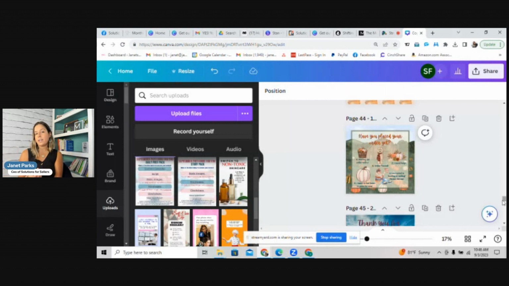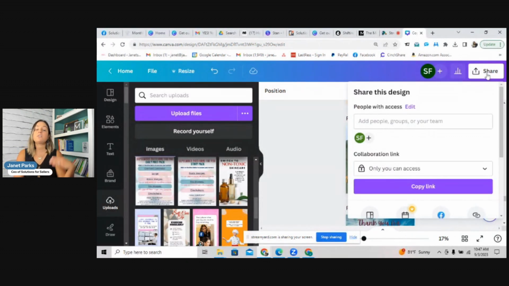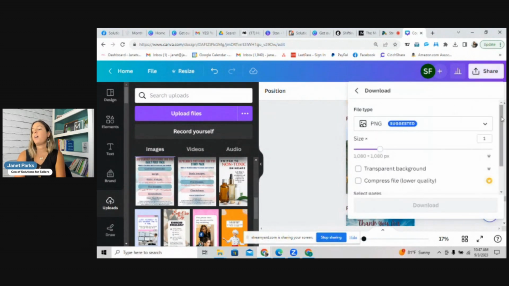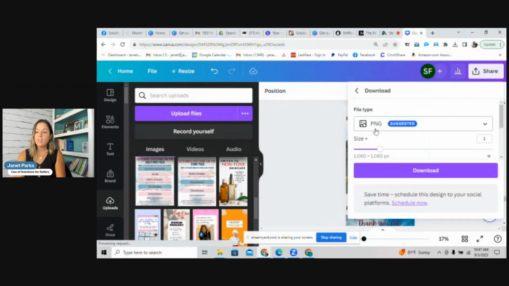Once you're done personalizing, what you're going to want to do is hit the share button here on the top right-hand corner. We're going to go ahead and save these graphics onto your computer, okay, so that you can easily upload them into your VIP group if you're throwing a party there, or into your party group. So you're going to scroll down to where it says download. In the download section, it's going to say PNG as a file type. If it doesn't say PNG, then you can simply hit this little arrow here and change it to PNG. From there, you just hit the download button.